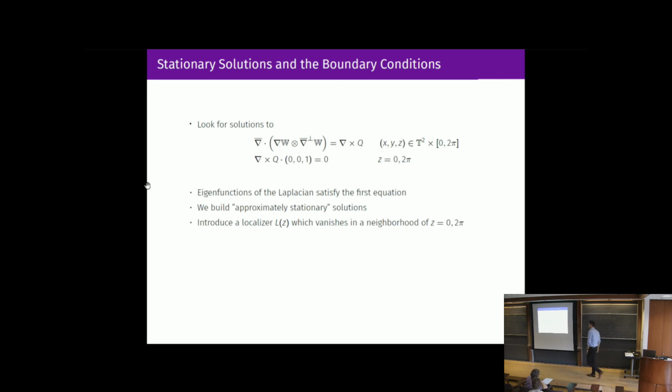So the natural thing to do if I'm worried about the boundary condition is just impose that my building blocks vanish in a neighborhood of 0 and 2 pi. So I put a cutoff function in z. Here's z, here's 0 and 2 pi. I put a cutoff function in z. And then instead of plugging in an eigenfunction of the Laplacian into my equation, I plug in that eigenfunction times this cutoff function. And so what I'm concerned about then is what errors this cutoff function introduces on the right-hand